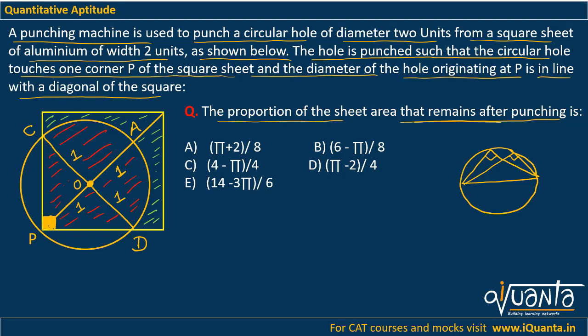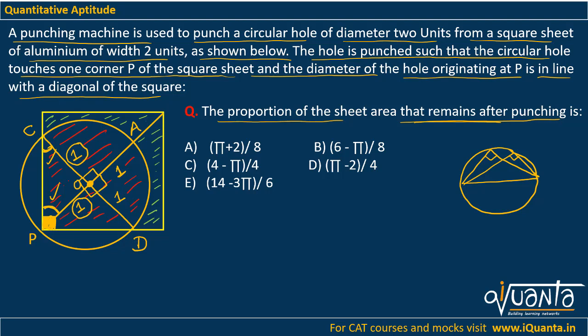So let us try to find out the area of the red region. Now in this red region, I can see that I have 2 quarter circles, this one and this quarter circle. Quarter circles mean 1/4 of the area of a circle. Why are these quarter circles? We can see that this side of the triangle POC is 1. This side of the triangle POC is 1. Hence both the angles PCO, this one and this one, would be 45 degree each. And we know that the sum of angles in a triangle is 180 degree. So this is 45, this is 45. Angle POC would be 90. So that is why all these angles will be 90 degree.